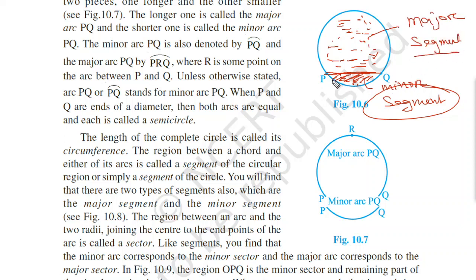Okay, same thing. Then arc, minor arc, major arc, and minor segment, major segment. What is the definition of segment? So segment is the area. This part, this shaded portion is an area. So it is an area enclosed between an arc, this arc, and the corresponding chord. You can write it.